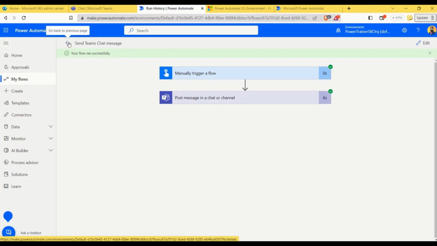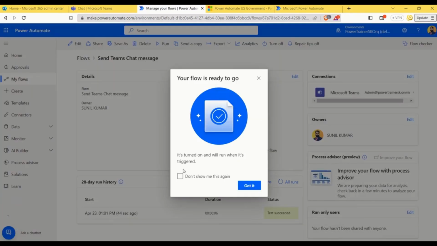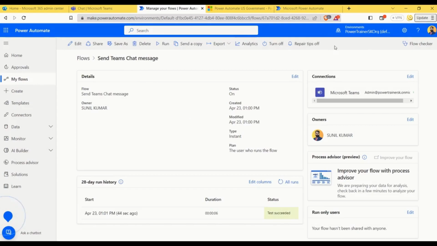Now, if I click back here, this is the Power Automate information tab. In this information tab, with respect to this particular flow which has been created, I can see all the details of flow name, who is the owner of the flow, status, when it was created, what is the type of the flow, which licensing plan it uses, how many actions are there, what all different actions are there, who is the owner, right? Process advisor, which is a preview which gives a capability to enhance, to optimize the flow,